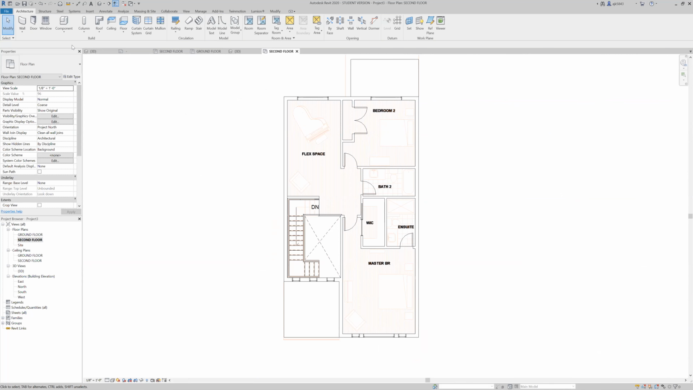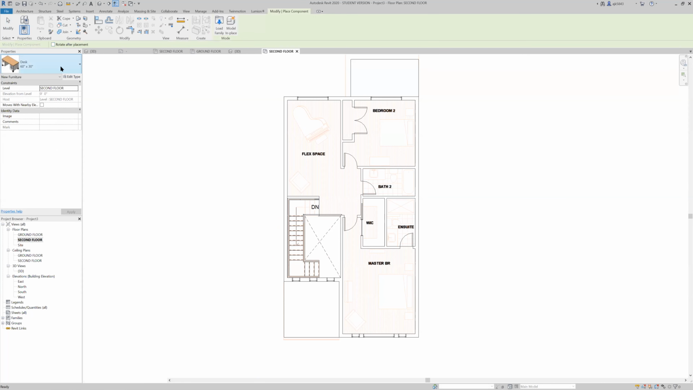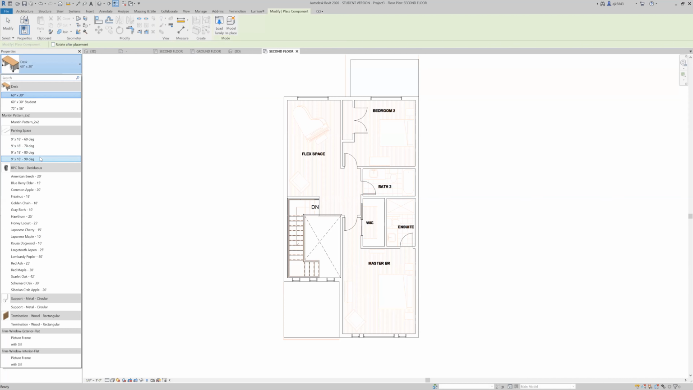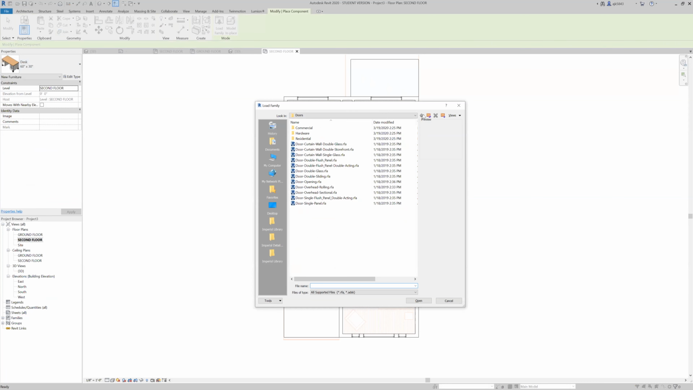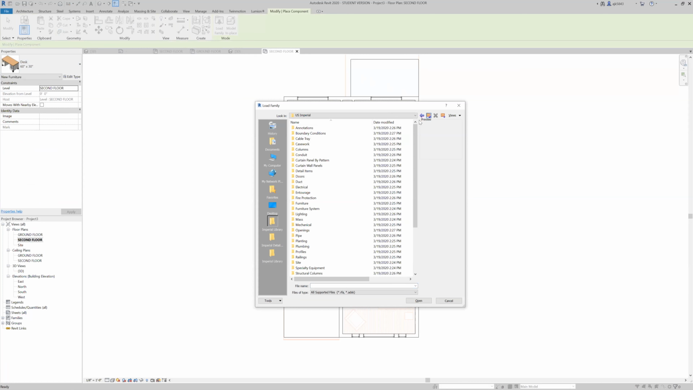I can follow. So all of the furniture is considered a component. So if we click on component and we'll place a component, there is some basic stuff preloaded in every new Revit file, but as you can see, we don't have a bed. So we're going to load a family the same way that we loaded the new door types. And we'll navigate back out and we'll choose the furniture folder